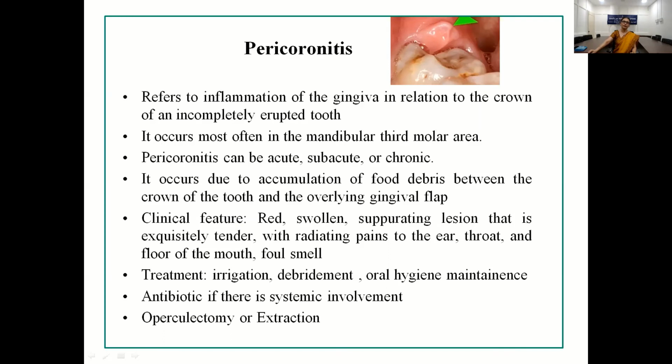Clinically, you can see a red, swollen, suppurating lesion that is exquisitely tender, with radiating pain to the ear, throat and floor of the mouth, and a foul smell. The patient has either extraoral swelling or intraoral swelling, trismus, and also complains of lymphadenopathy and fever. So in such cases, you have to examine the patient thoroughly for extraoral and intraoral swelling,